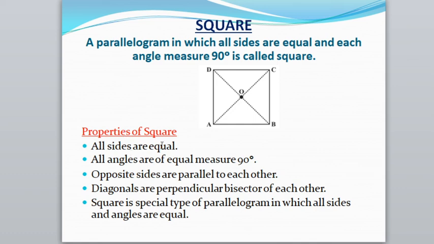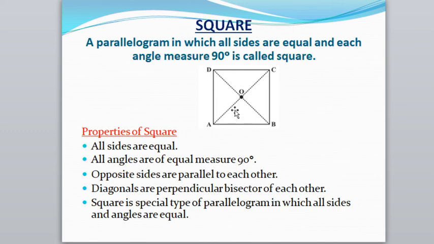Now what are the properties of square? All sides are equal in a square, all angles are of equal measure 90-degree. Here all angle measures should be 90-degree only. Opposite sides are parallel to each other. So here AB is parallel to CD and AD is parallel to BC. Then diagonals are perpendicular bisector of each other. Here two diagonals are present, the first is AC and another is BD, and these two diagonals are perpendicular bisector